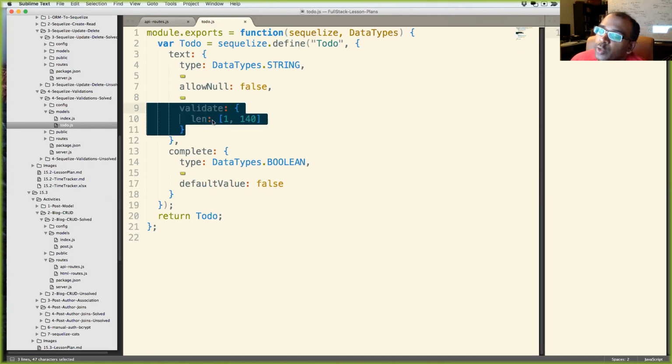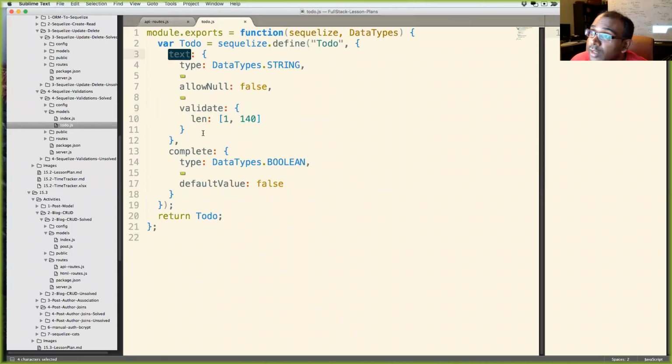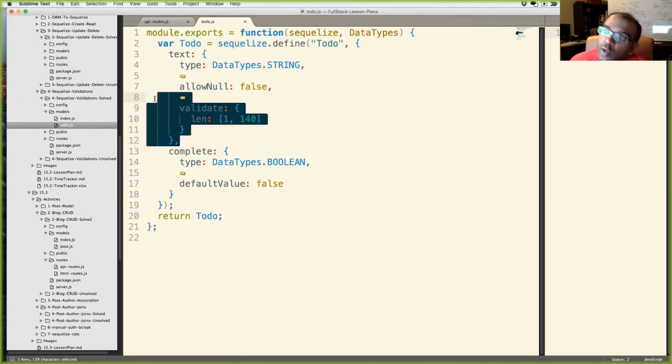So here's another reason why Sequelize is nice, because if you're doing straight SQL queries, anyone can add anything into their tables. Any developer can add anything. Whereas here, if everyone's using the Sequelize model, you can make sure that whatever is getting put into this text column is between 1 and 140 characters. So this is another reason why Sequelize is nice.